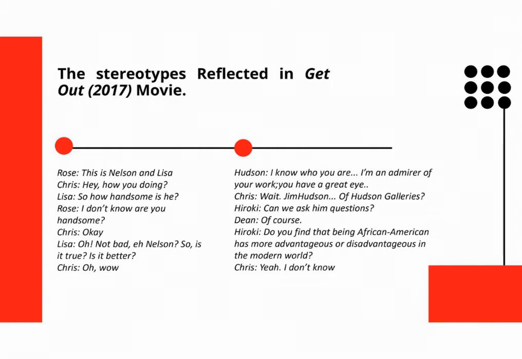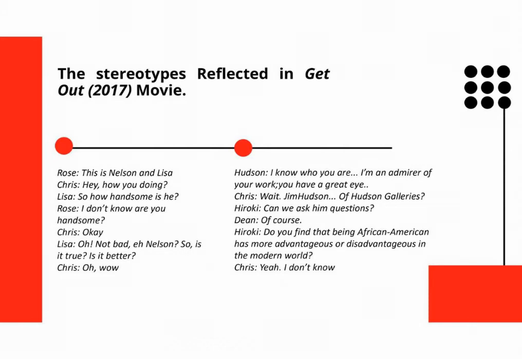In the second problem, the writer focused on the stereotype of characters in Get Out movie. Stereotypes are labeling or making against a certain group. This stereotype has many disadvantages and causes injustice. In the analysis, the writer wants to analyze the quotations which relate to the problems. In the first, the writer will put the quotation which relates to the racism in the Get Out movie and explain every quotation. In the second problem, the writer will put quotation which relates to the stereotype in Get Out movie